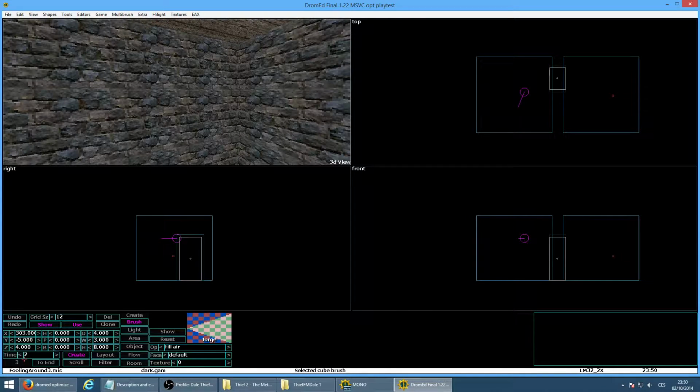Now as you get to higher numbers, like hundreds and thousands, it's not easy to figure out what kind of number I should put in there so I get this kind of effect. And for the most part, you're not going to have to think about that because you can just click to end. And that basically puts it as the last brush, which overrides everything else. Click that, portalize,